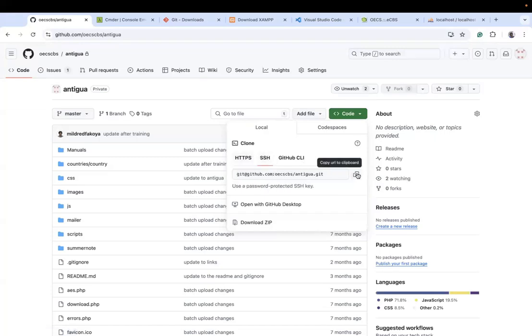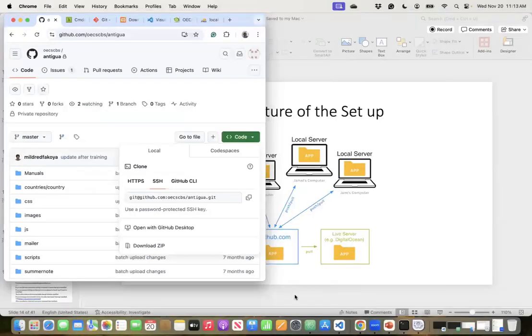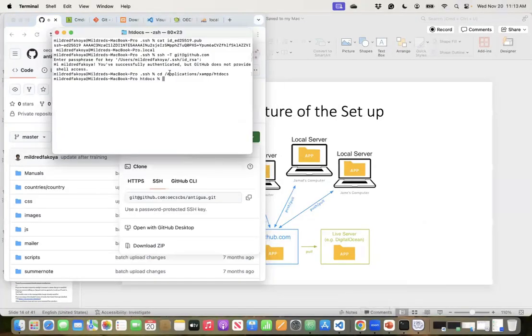Go to SSH, copy that, and then here in the directory, I'll type git clone, and then I'll paste the link I just copied, and then you press enter, and this is going to clone it. Now I already have a copy of this. I don't want to reclone it into this directory. You can clone to any directory, but then your localhost is going to be looking at htdocs to run